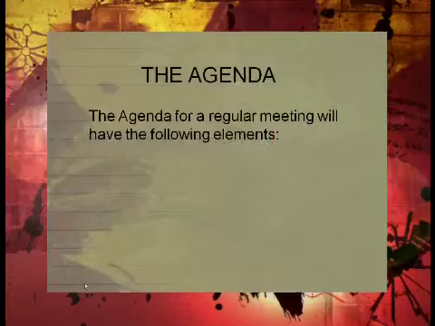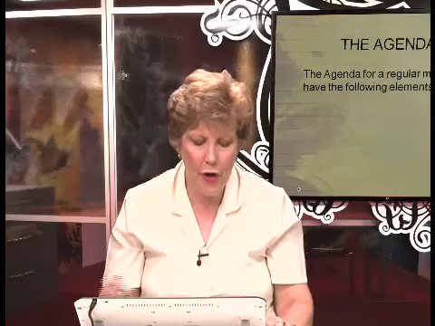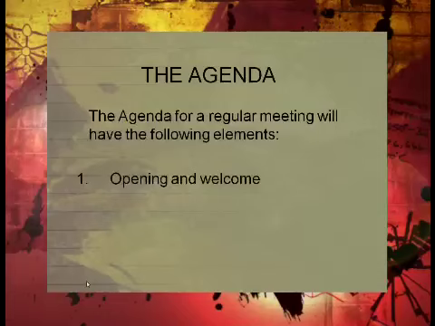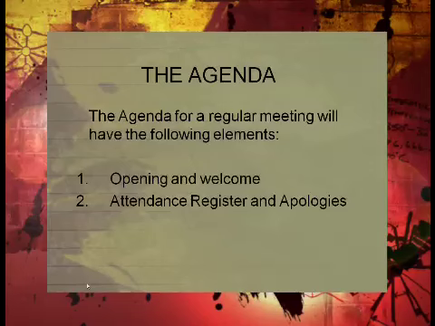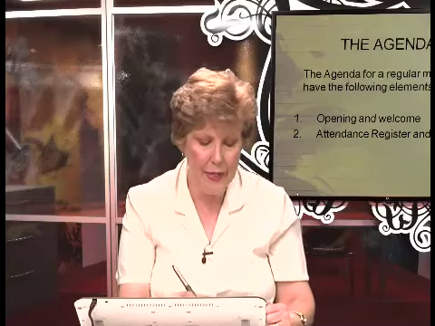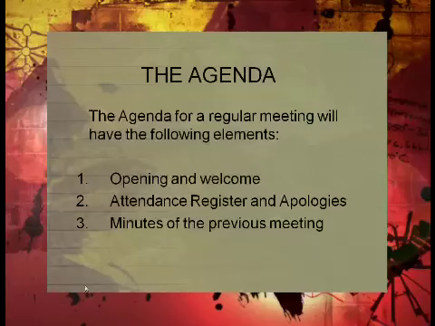Welcome back. We're looking at notices, agendas, minutes of meetings. The agenda for a regular meeting, this is a meeting that happens every month or every 2 months or whatever, will have the following elements: opening and welcome, the attendance register and apologies from people who can't be there, the names of those people, the minutes of the previous meeting,